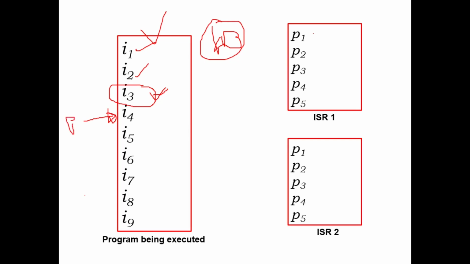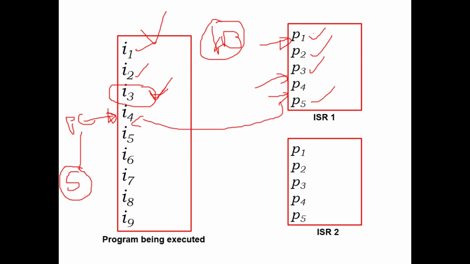Now what happens is the current value of PC, that is the return address, will be pushed into the stack. PC will be pointed to a particular subroutine, I'll explain later. After execution of I3, the processor starts executing the subroutine instruction by one as PC keeps pointing to the next instruction. When this subroutine is over, the return address of I4 instruction is popped out from the stack and stored in the PC. That means PC is restored to I4. So this is how it works.